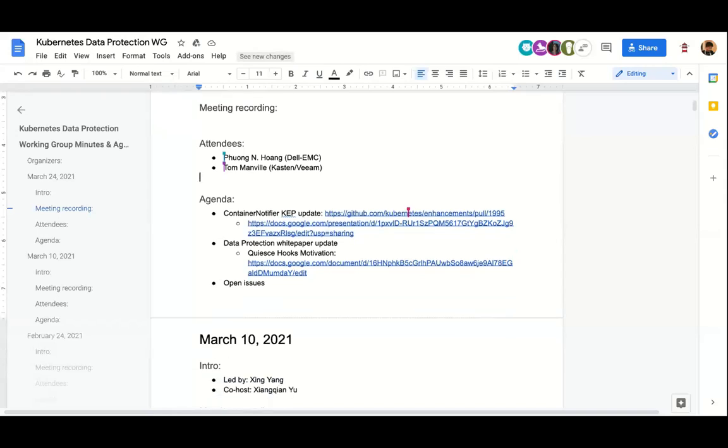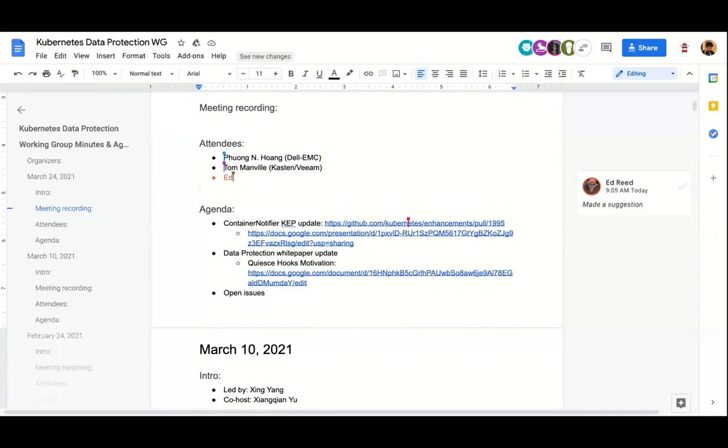Apologies. Today, we have two major agendas, and then we'll leave it to open discussion. The first thing is that Xin and I have been working on this whole container notifier KEP for a little while. Today I'm going to give the group a look back plus current status updates.